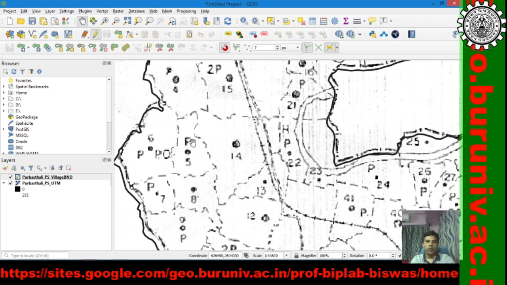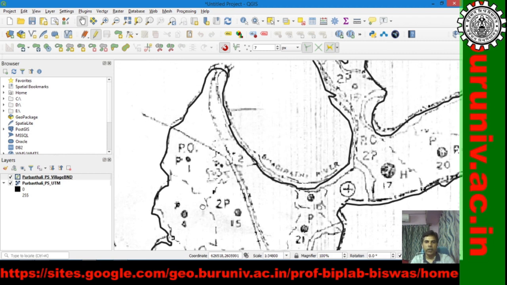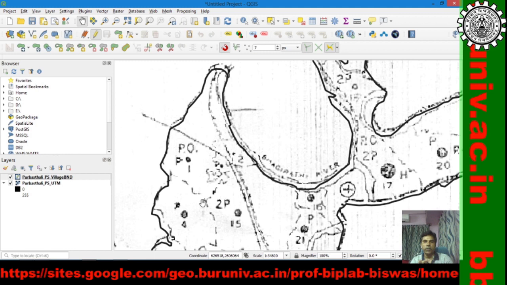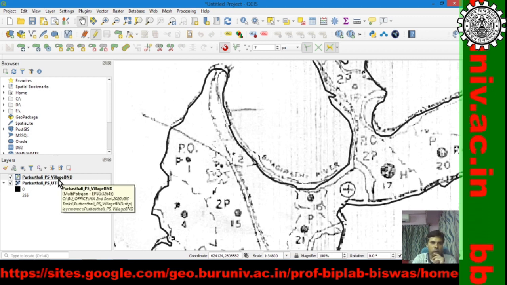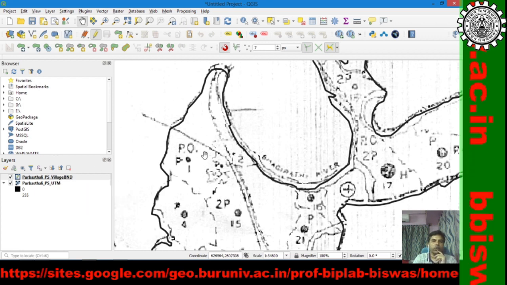In that way, we shall try to make it sequential, so that our data comes accordingly, and it becomes very easy for us for further study. So, we will create the layer for village 1 by splitting the outer boundary, but we have saved this outer boundary under the new name called village boundary.